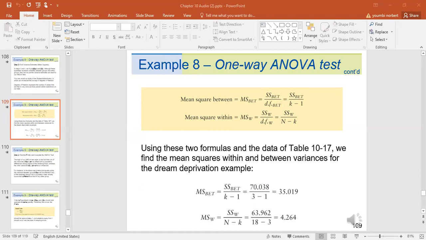Degree of freedom of the denominator is total minus number of categories. So what is the test value F? 8.2. And the p-value,